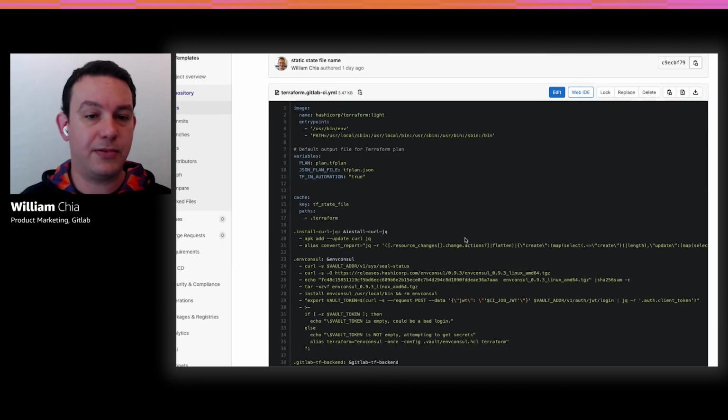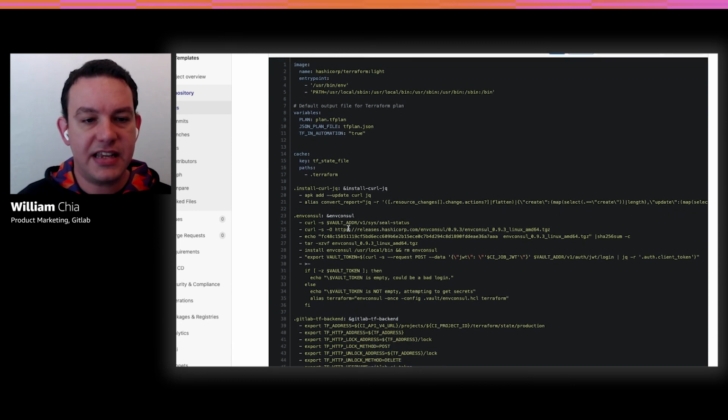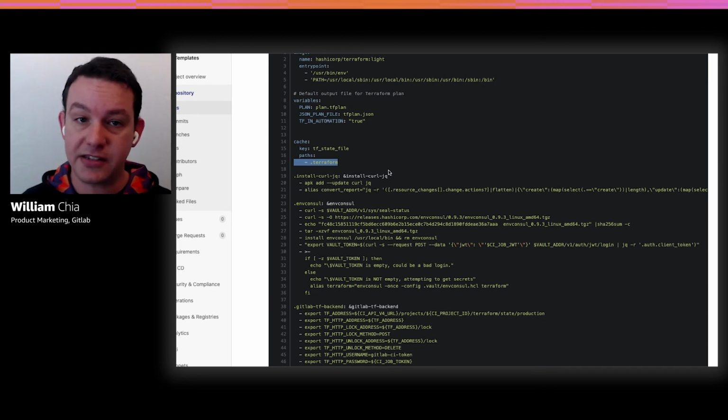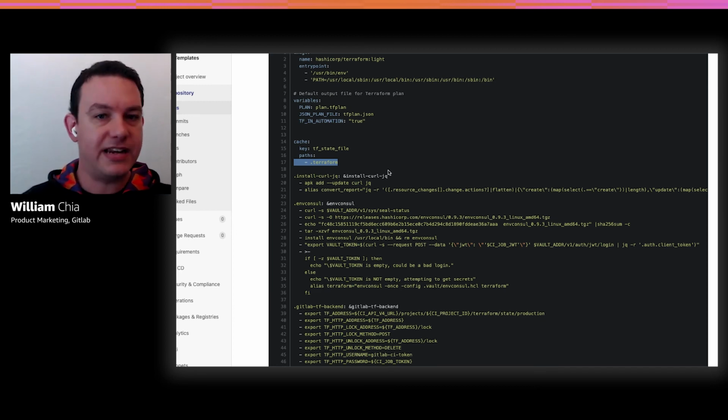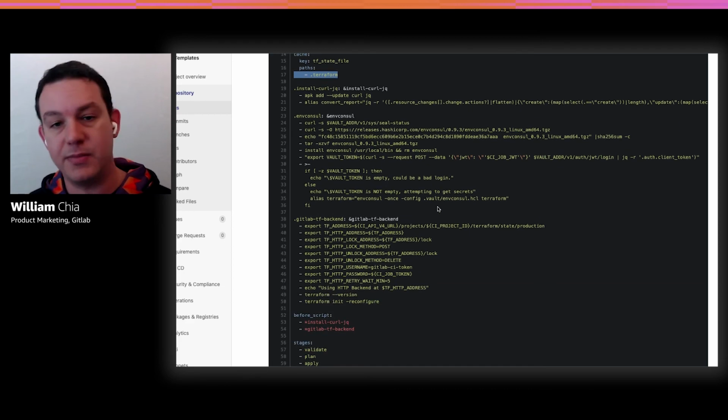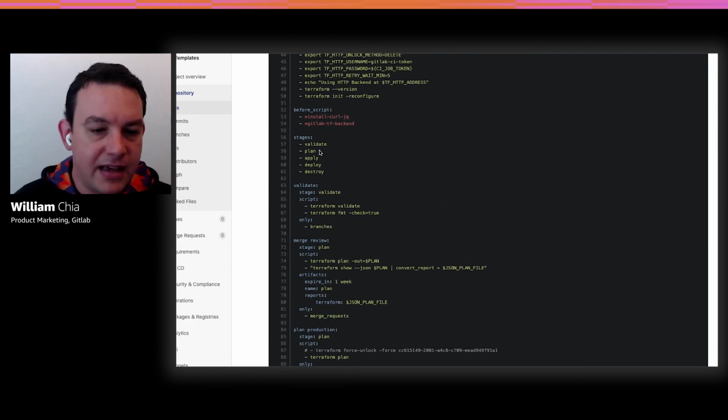And here is the template pipeline where I can see I have all of my settings set to cache my Terraform state file. So of course, this is a nice feature where you have to store your Terraform state somewhere. And normally you might need to set up a separate server to do that. But within GitLab, you can just cache your Terraform state file by adding it as a cache, and then it'll be accessible in between pipeline jobs.